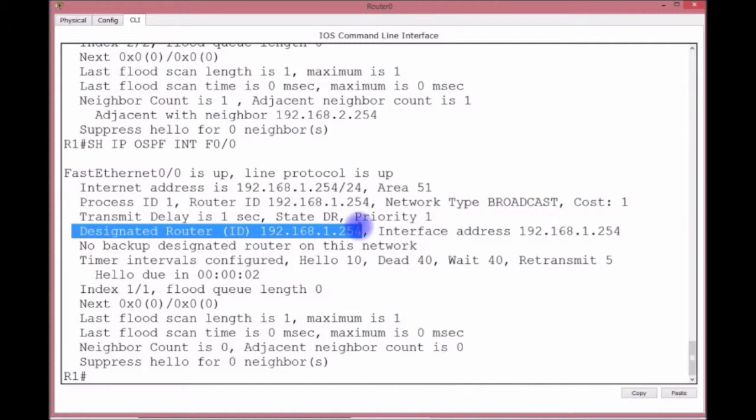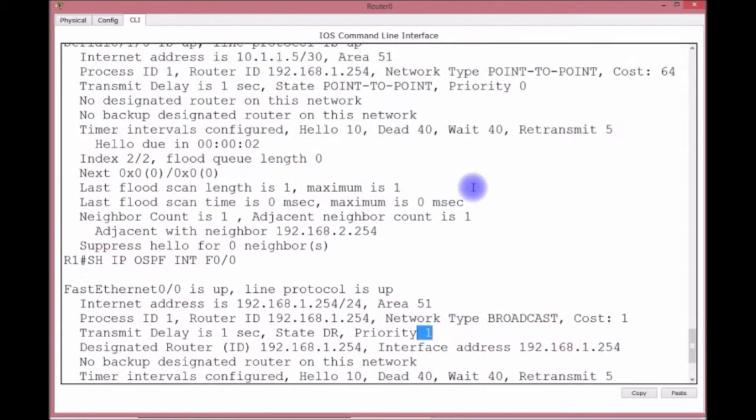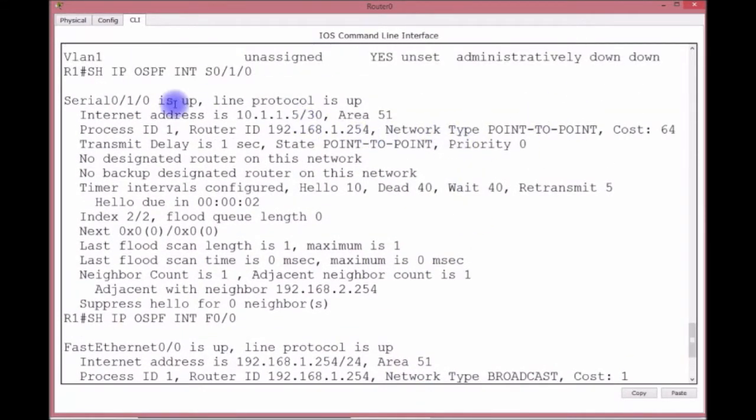And to be completely honest, even though Cisco says you should hard code the router ID onto all your routers within the OSPF process, you can do that as well. You can change the priority on the interfaces, like this one right here, put it to a higher priority. This will be the designated router, even though this is a designated router for its own segment. But you'll see in the next lab that we're going to do, where we're going to do a DR BDR scenario. But you can see serial point to point, serial point to point,